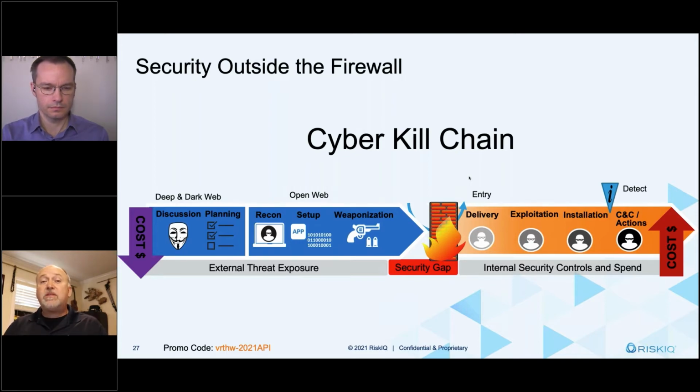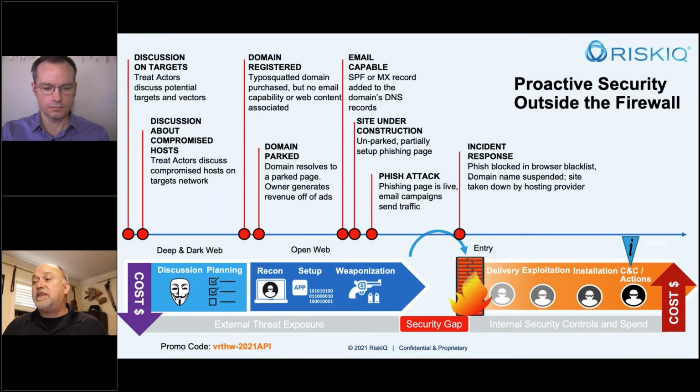And then we're also seeing when the recons are taking place, what ports, what the scans, we're looking at the domains that are being purchased and registered. We're seeing when things are being set up and weaponized. And we're able, generally, to detect and stop something 1 to 4 days before it's active. So that gives you a lot of lead time